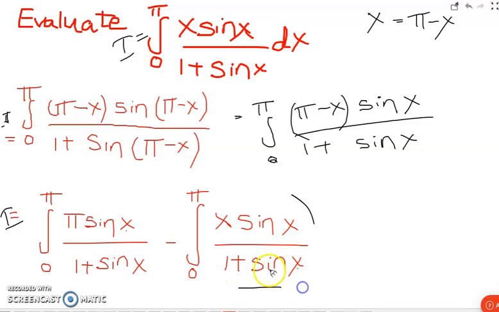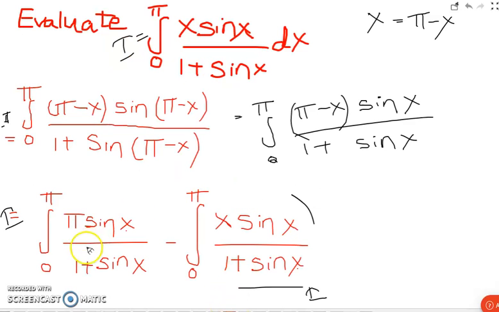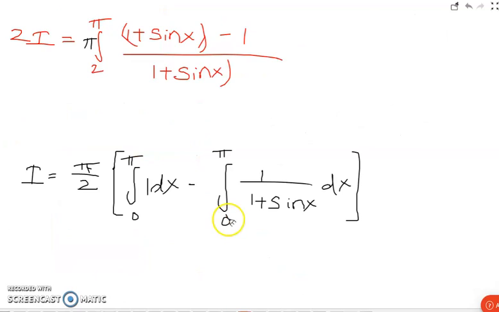So the second part, the integral from 0 to pi of x sin x by 1 plus sin x, is the same as I. So we have I equals pi times the integral of sin x by 1 plus sin x, minus I. Minus I goes to the other side and becomes plus I. I plus I is 2I, equals pi times the integral. Pi is a constant, so pi will get out, giving pi by 2.